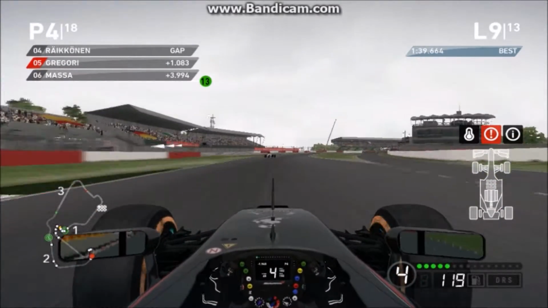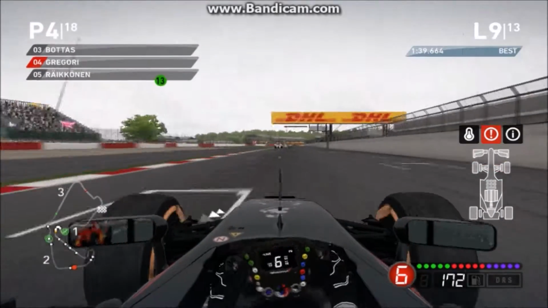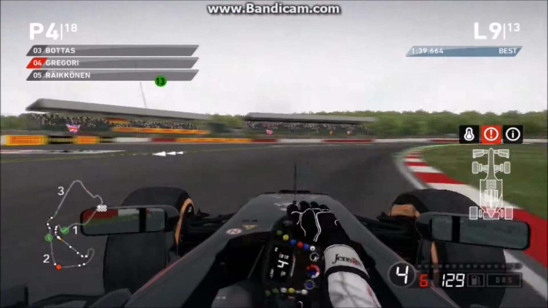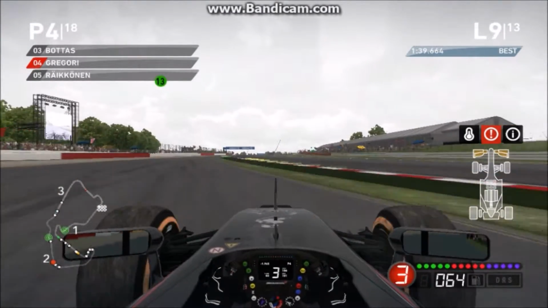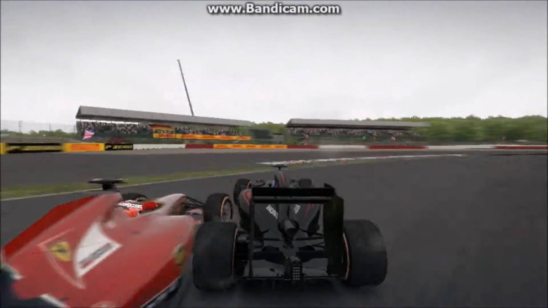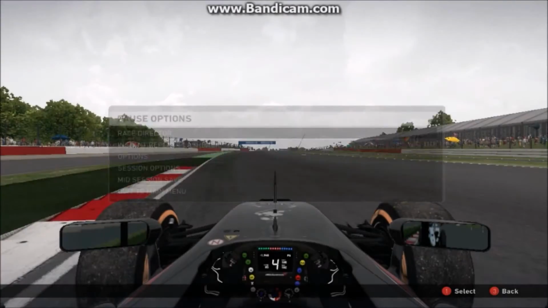Lap 9, we're trying to do the same thing to Raikkonen to what we did to Vettel a few laps earlier, and it seems to have worked. Raikkonen's diving and darting behind us. We're going to try and go through the inside of Copse. We've made contact, and the reason why is that my wheel glitched out at the worst possible time. Well, my wheel's several years old, so